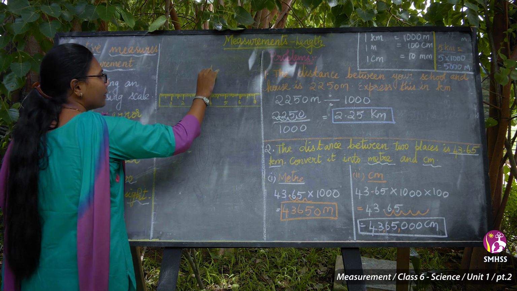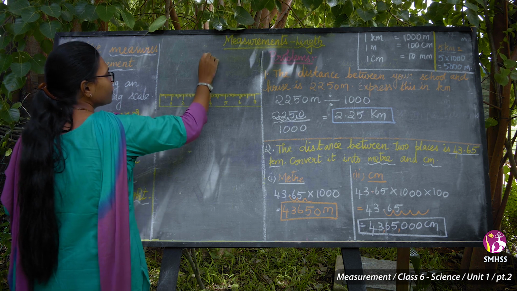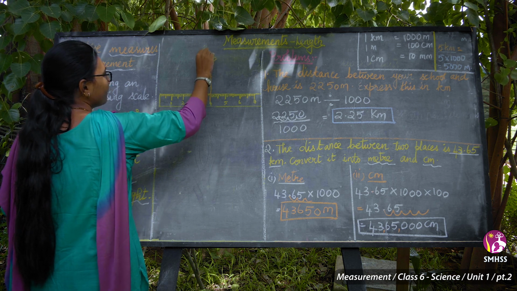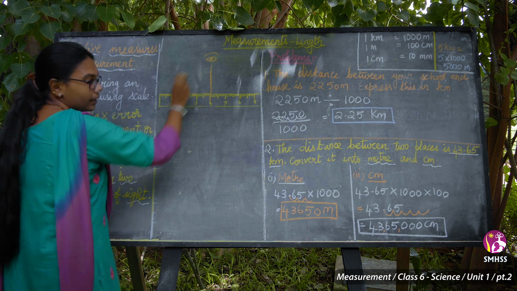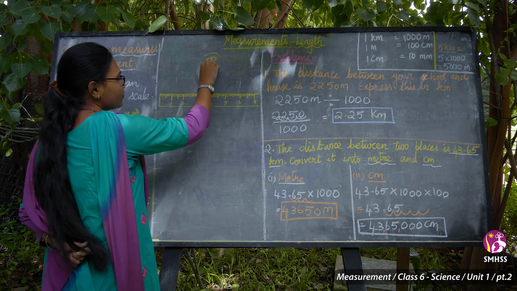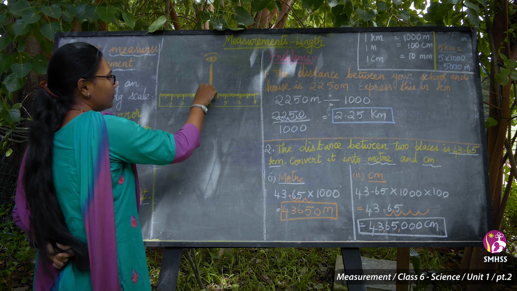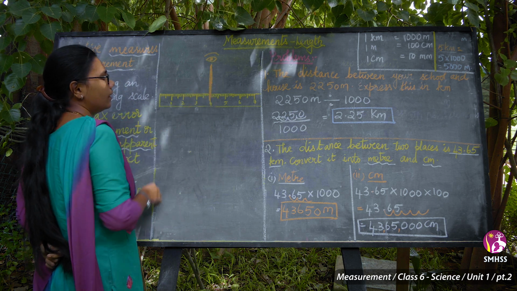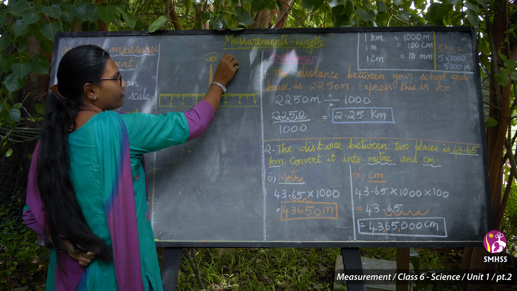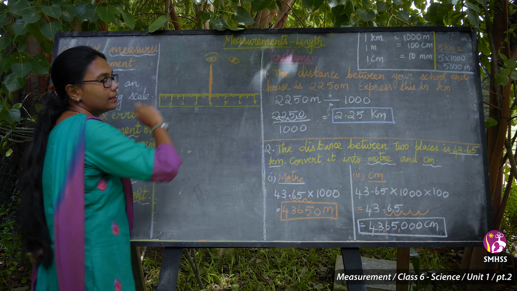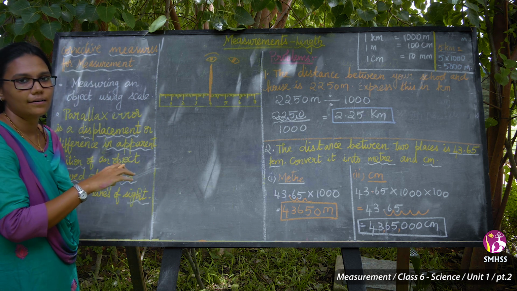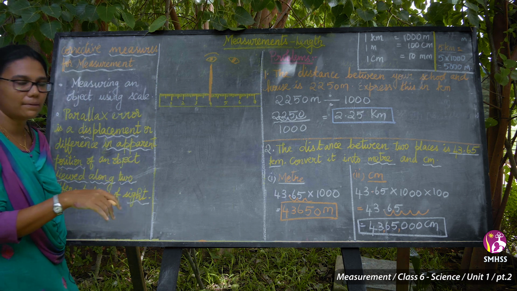Your eye view should be here. Okay, this is the eye view. How should the eye view be? Straight. It should be straight to the 4. If your friend says, hey, no, I will measure, you just place it, and I will look at the paper from there,